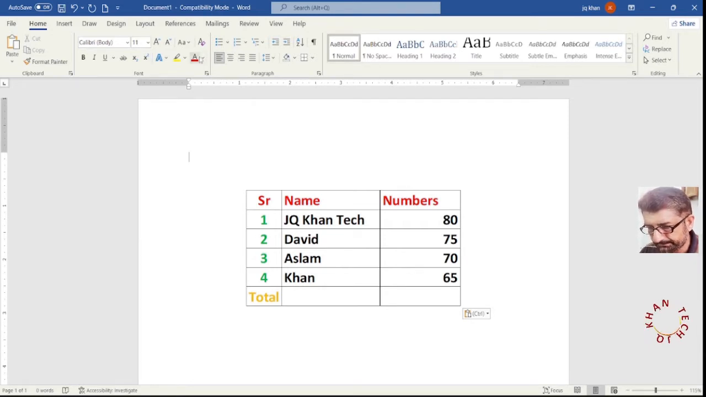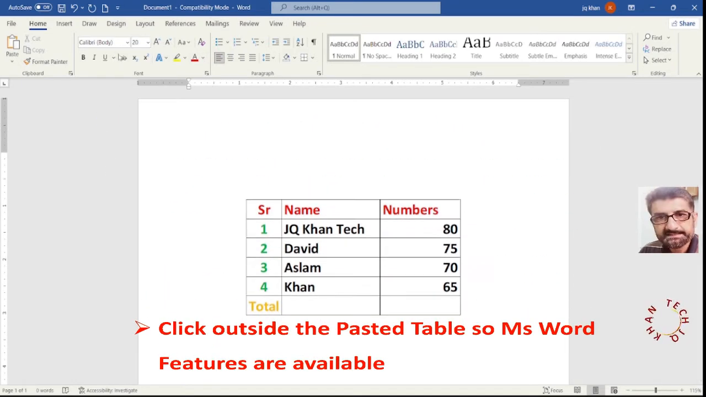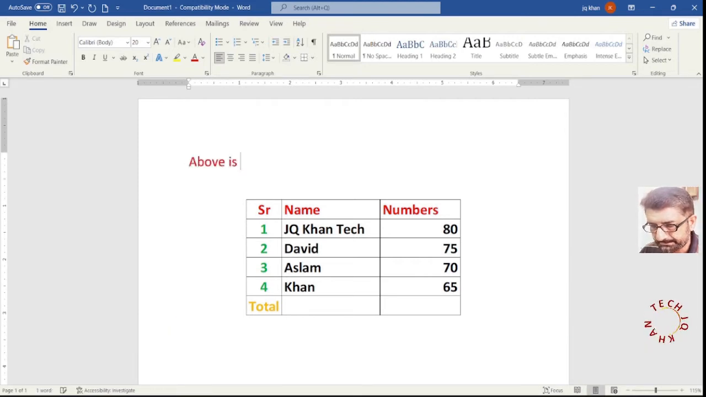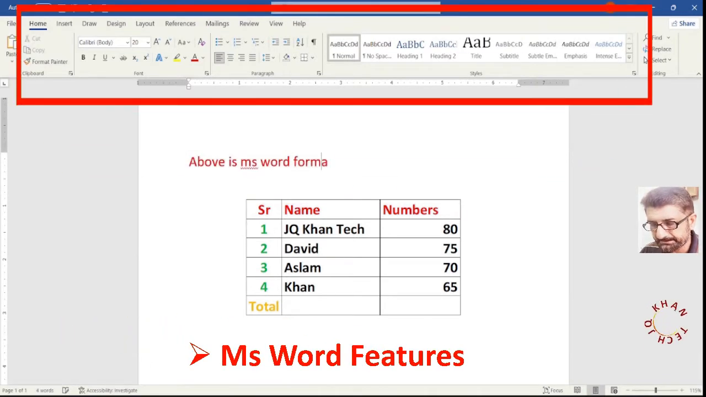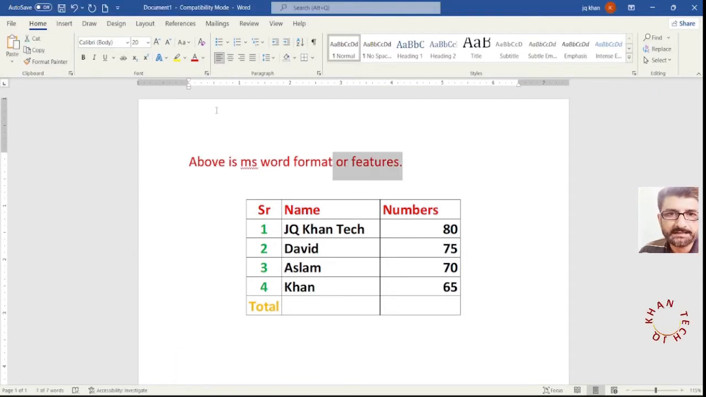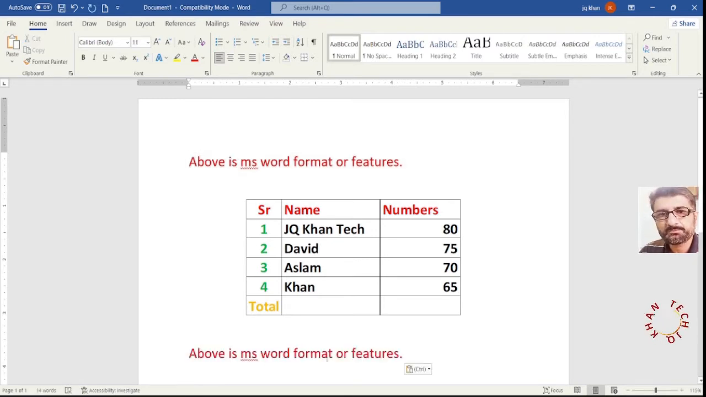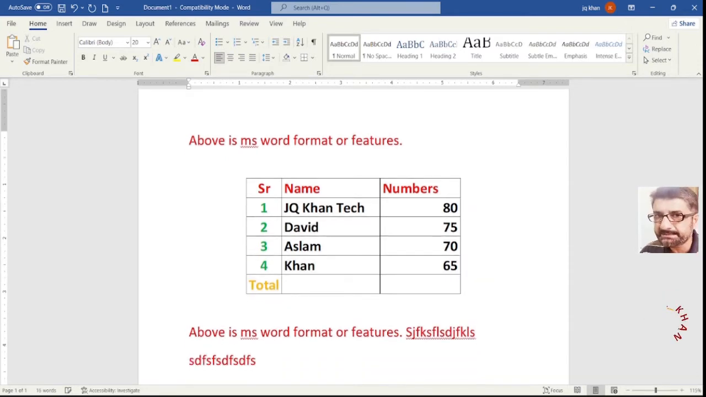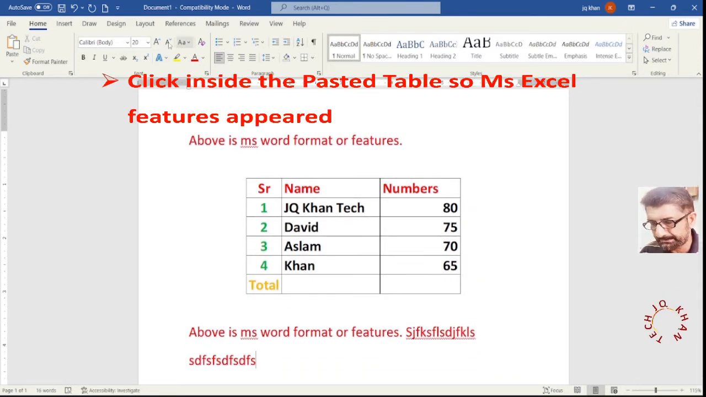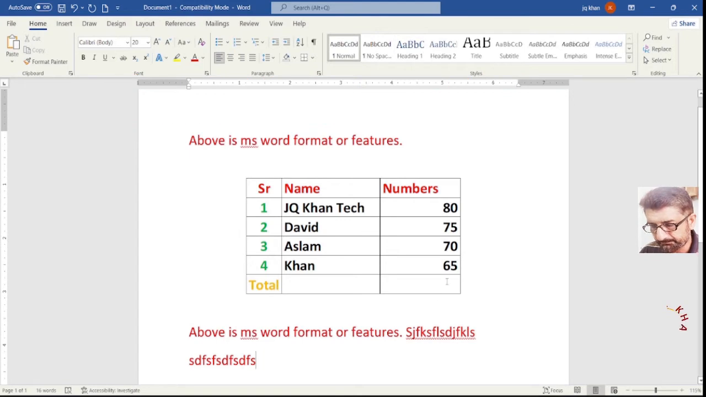It looks like it's an MS Word file. However, it will behave like MS Excel. So I click above the table, and you can see that I am writing and having the rich text format of MS Word. I'll also write down the table, and again MS Word will behave like rich text format of MS Word, but inside, as soon as we click in the table by double clicking,